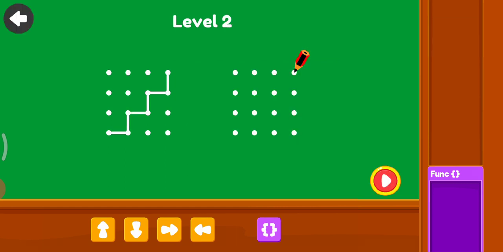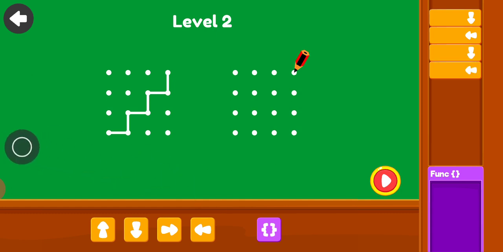Okay. Here again you have to start where the pencil is placed. From there you have to start. Okay. Now I am going to come down first. Then I am going to take left. Then I am again coming down by clicking on the button. Then again I am going to take left. Again down.